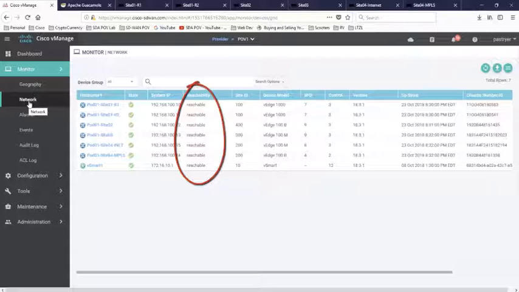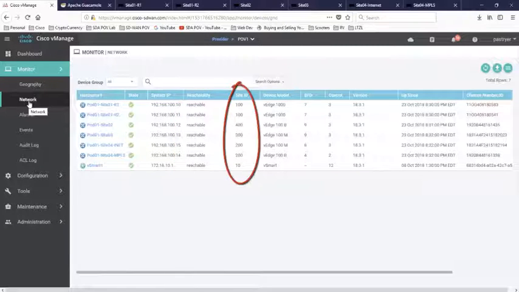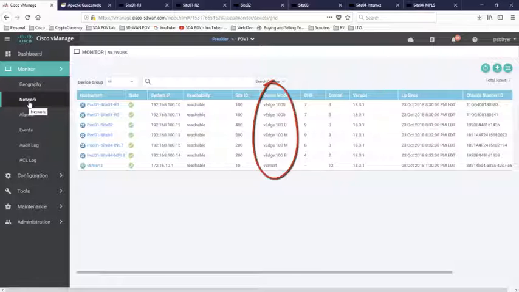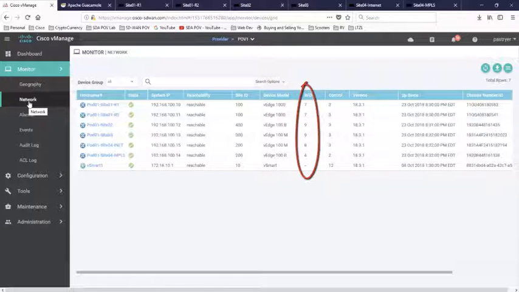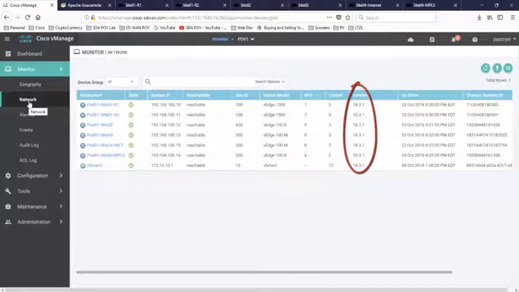Reachability indicates that the vManage can connect to the vEdges. The site ID is similar to the AS number, so it's used for routing and policies. Device model gives us the model of the vEdge that we are using. BFD is the total number of IPsec tunnels that are operational. Control is the total number of control devices seen by the edge. And of course, the version is the